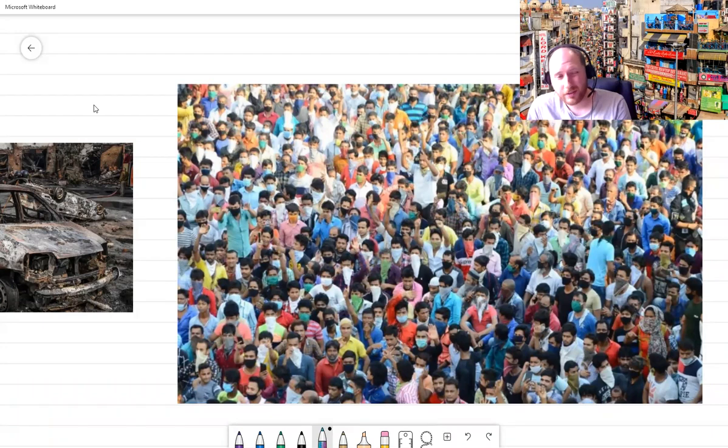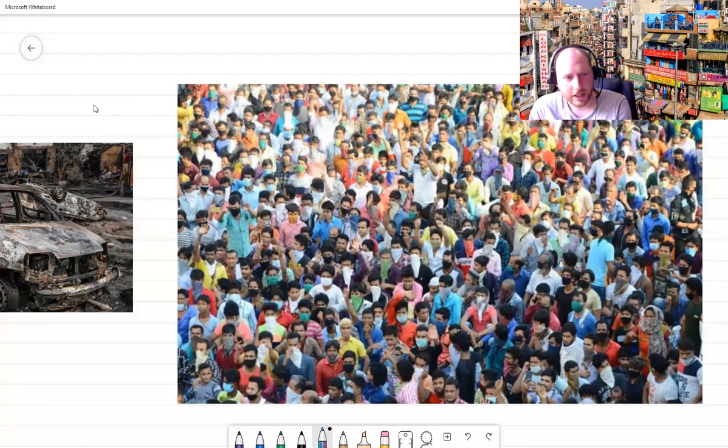But this caused a bit of a problem, because when Mr. Modi said that the country was going on lockdown, just like the UK is at the moment, he said, right, everyone get back to your homes. And what do you do if you're living 1,000 miles away from your home and you're a poor person and all the buses have stopped and all the trains have stopped? Well, you've got to get walking, and you've got to walk a long, long way.